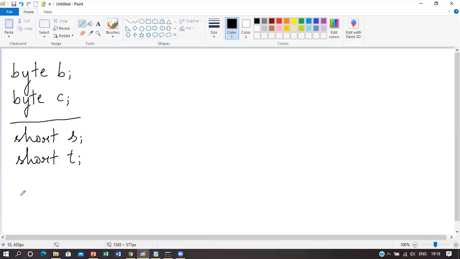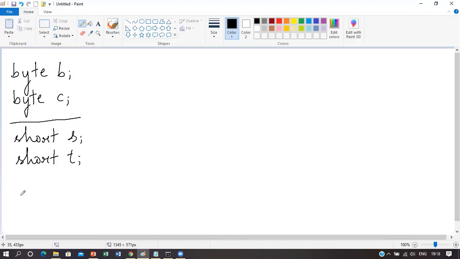So the next integer type data type is long. Long is a signed 64-bit type and is useful for those occasions where an int type is not large enough to hold the desired value. The range of a long is quite large. This makes it useful when big whole numbers are needed. So long is a signed 64-bit data type. That means it takes 64 bits in memory or 8 bytes in memory.